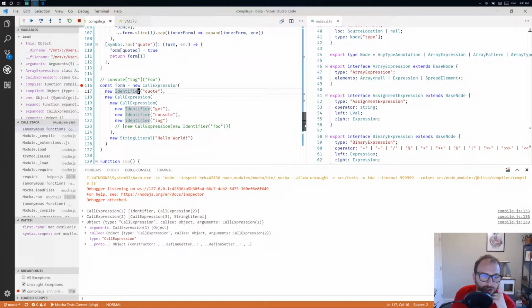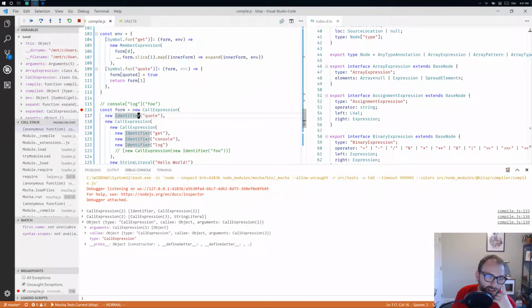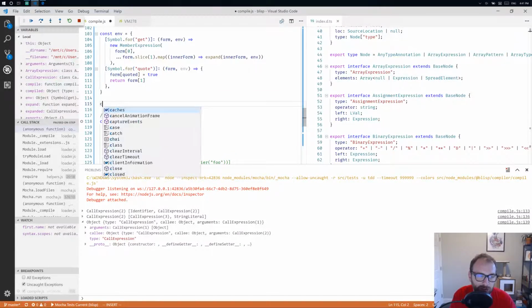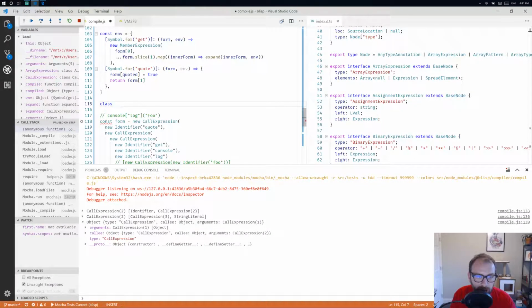Okay, so I'm thinking more and more that quote is a thing. It's a base primitive. It will stop compilation. Okay, so let's do it like that. And then,